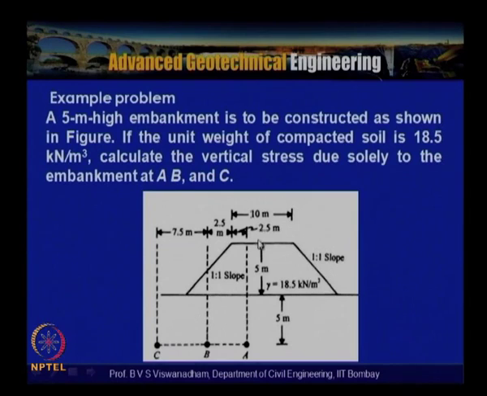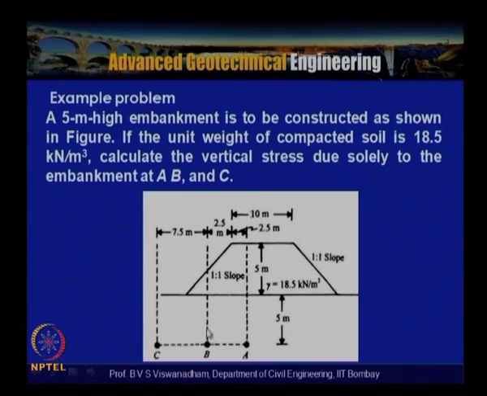If you notice, we do not have symmetry here, but we need the embankment loading. So, if you look at point A, this portion of the embankment causes loading and this portion of the embankment causes loading. If you call these portion A1 and portion A2, then sigma z at A is nothing but sigma z A1 plus sigma z A2. So, both need to be added.